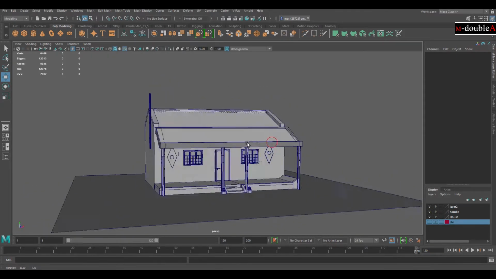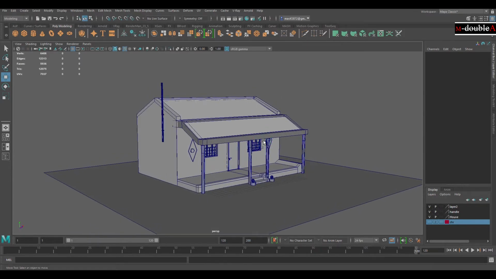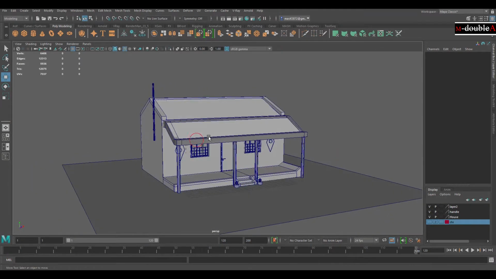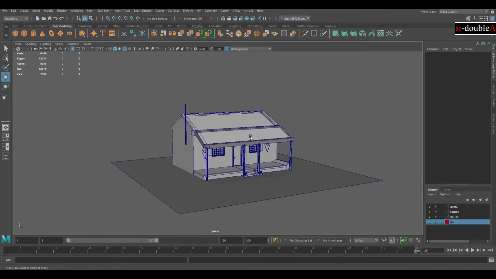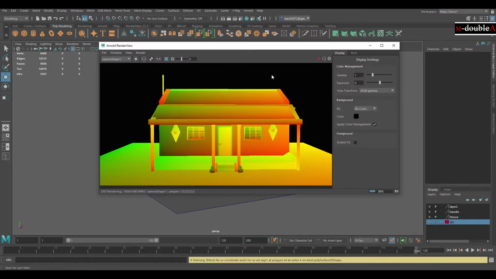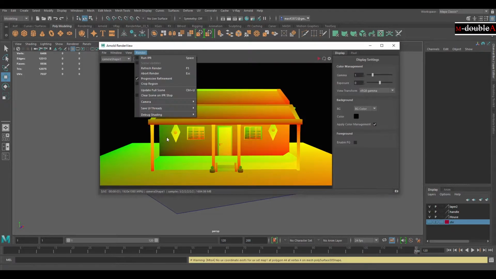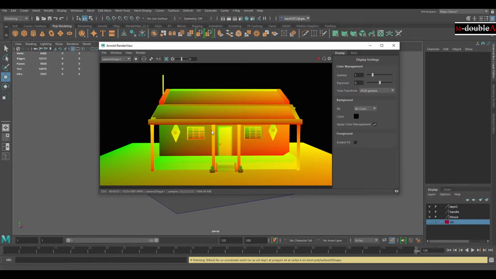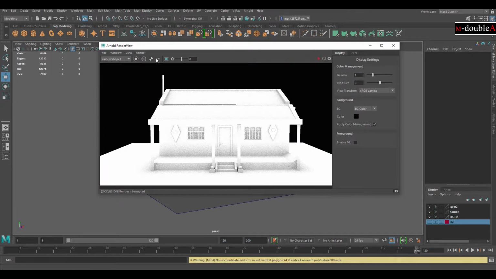Okay, if you are facing any problem, then please comment and I will help you. Okay, so let's start with animation. It was a one frame render, so I think it will be easy for you. Just click on render, then shading occlusion, just click on it and save from here.